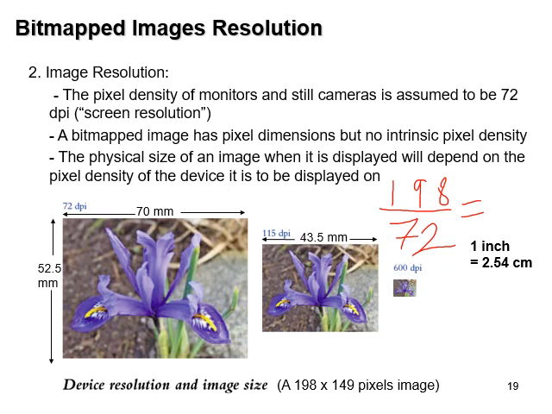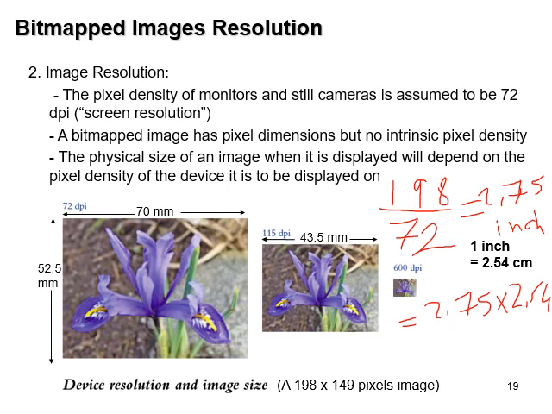Okay, so we're going to divide 198 by 72. This is actually 2.75 inch. Okay. Now, to convert that into centimeters, then we will take the 2.75 and multiply it by 2.54, which is